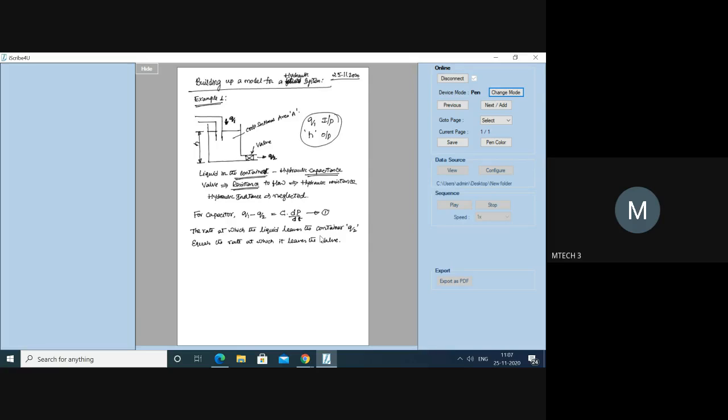Is it right? So this is very, very important. The rate at which liquid leaves the container Q2 equals the rate at which it leaves the valve. Okay. Therefore,